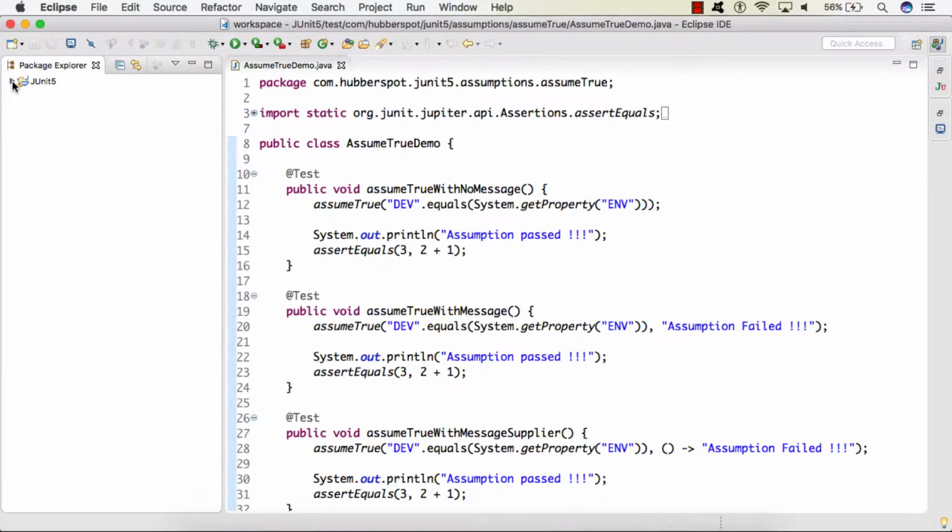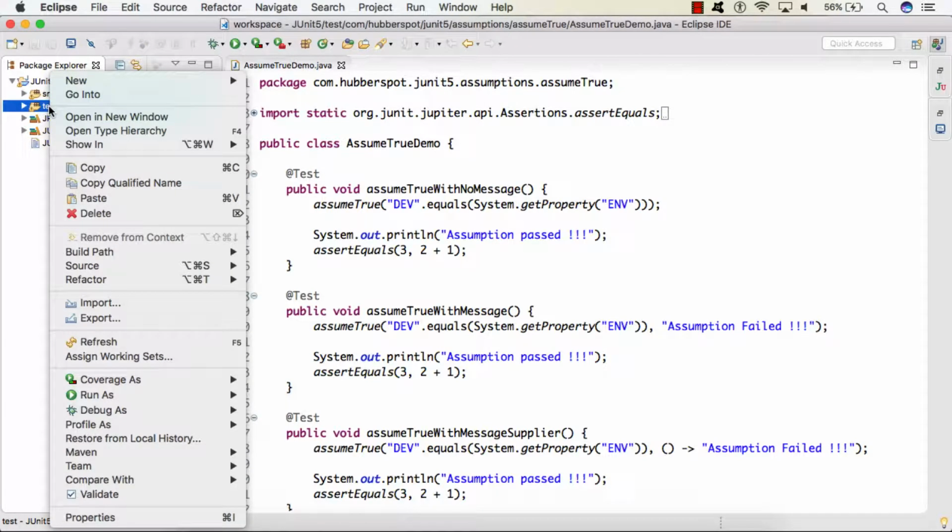So in our JUnit 5 project, in the test folder, I will be creating one class.